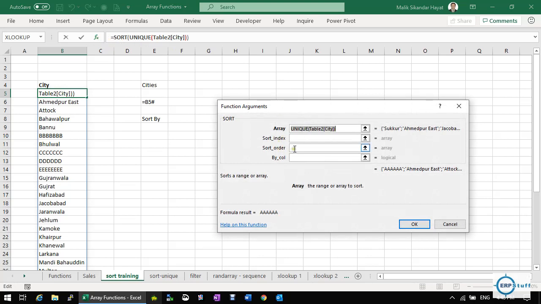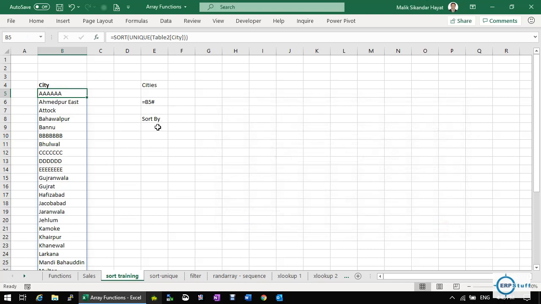You can have the sort order as well, ascending or descending, right? Now SORTBY. SORTBY is, for example, based on sales, on which column you want to sort. So I will write the function, equal to